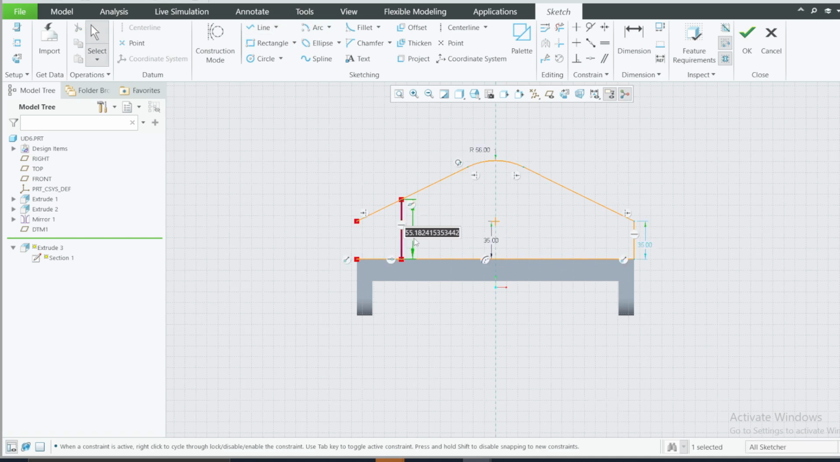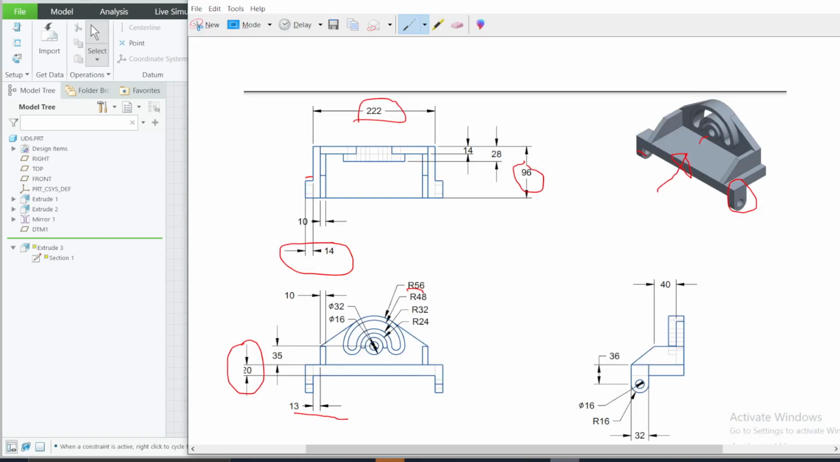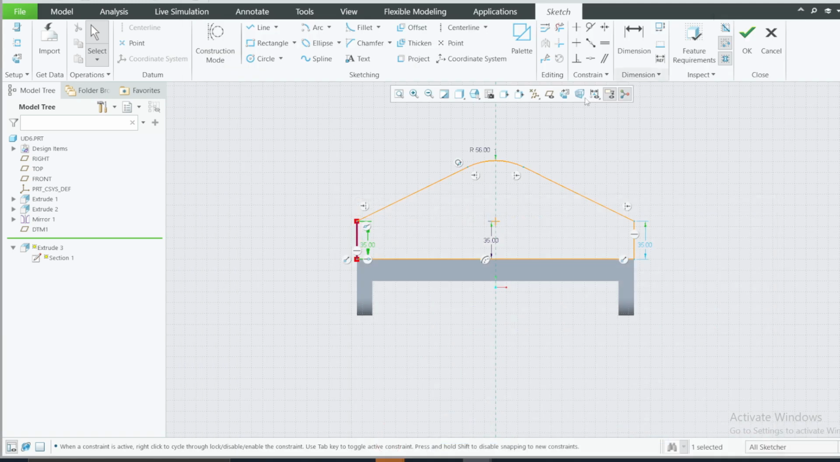It's supposed to be 35. Let me see. Okay. We have this 13, 56. Therefore, this 35 is, let me see, this point 13. This 35 is for the center. You don't have this line. This one will be automatically defined by that. The 13 is going to define the height of the line. Yeah. Therefore,